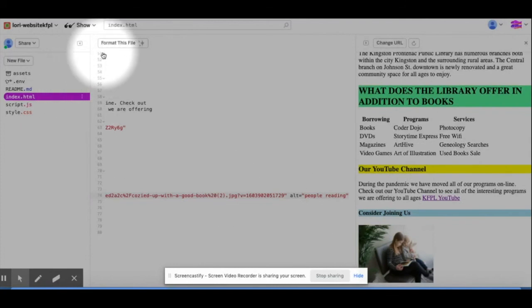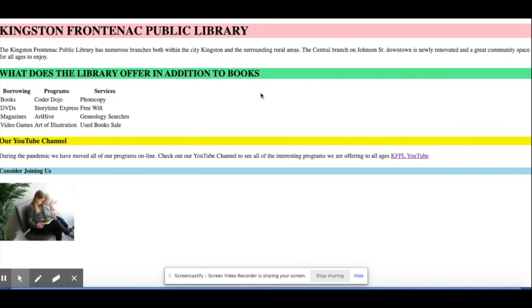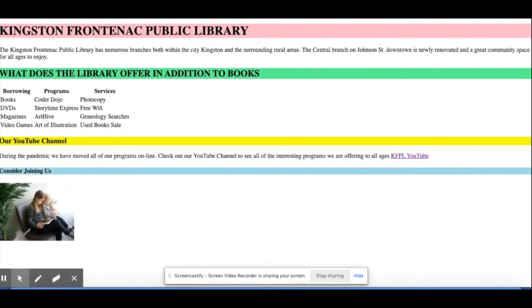What I'd like to see happen is that you experiment with your website and put some background colors in it wherever you wish.